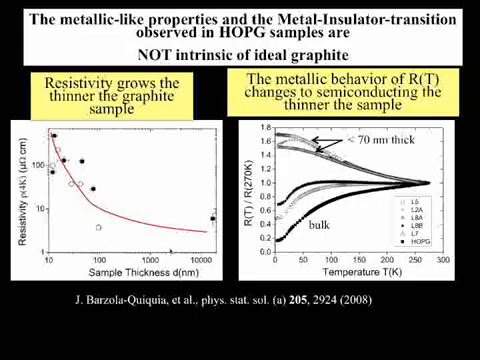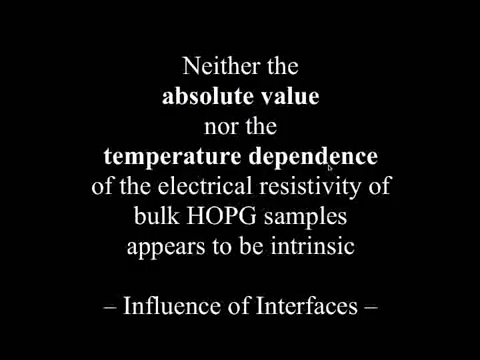At the left, you see the increase in the absolute value of the resistivity with decreasing thickness of the graphite sample. And on the right picture, you see the change of the temperature dependence with decreasing thickness. Below a thickness of the order of 100 nanometers, the temperature dependence appears to be semiconducting-like. So, neither the absolute value nor the temperature dependence of the electrical resistivity of bulk graphite samples appears to be